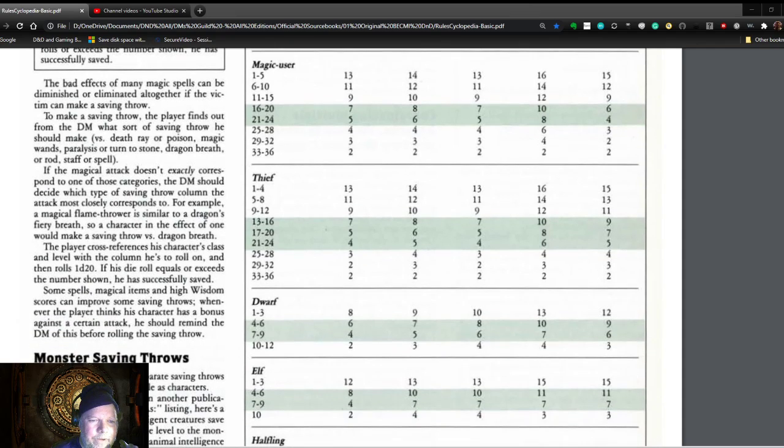Some spells, magical items, and high wisdom scores can improve some saving throws. So yes, if you have a high wisdom score, that affects all your saving throws. In later editions, certain saving throws are based on different abilities, like a dexterity save or a wisdom save or a charisma save. Nope. In this edition,